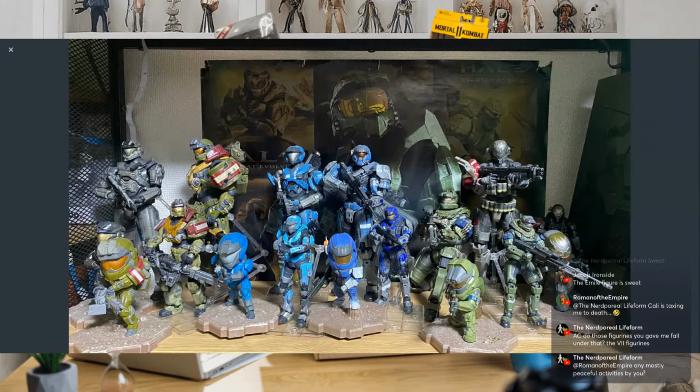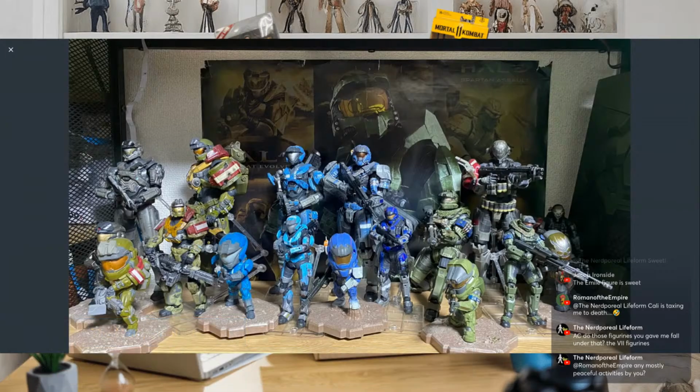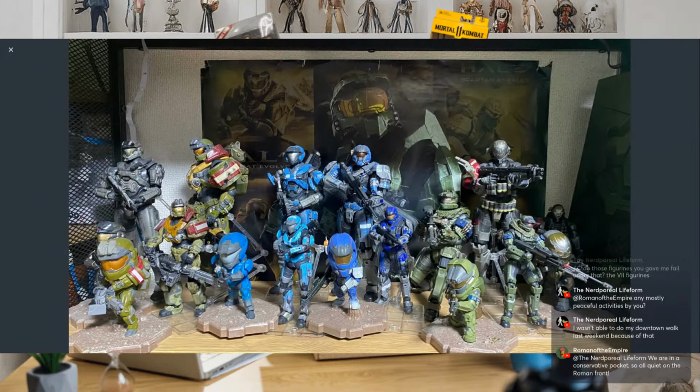I don't know if you could tell, he's got a skull look to his face, and the lore behind that is he actually etched it into his visor. That whole visor is like an astronaut looking visor, and he etched in the skull with his knife. Anyways, that guy was the most expensive out of the six, and that one cost me about $80, which I think is the most I've ever spent on an action figure.